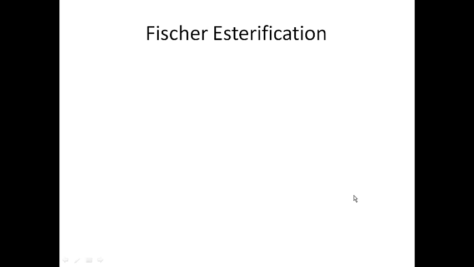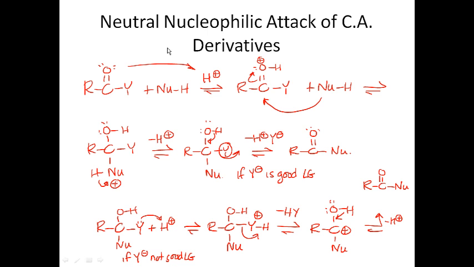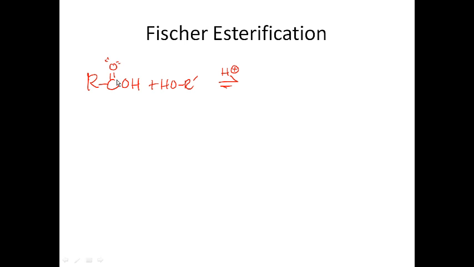So let's go back and look at Fischer esterification then. For Fischer esterification, we take a carboxylic acid and react it with an alcohol in the presence of acid as the catalyst. What would the mechanism of this reaction look like? Well, it's been a while since I've said that if you're an overly ambitious go-getter student, maybe you would stop the tape and try to write out the mechanism of this reaction using this as a model. You can try that, stop the tape and see if you're right. If you need one more example to see, or you're not an overly ambitious go-getter student, which nobody would want to admit to,